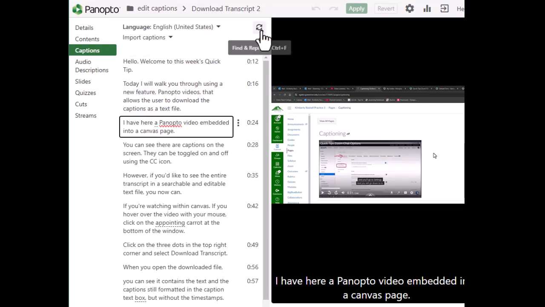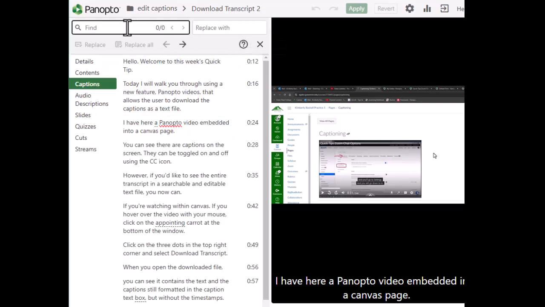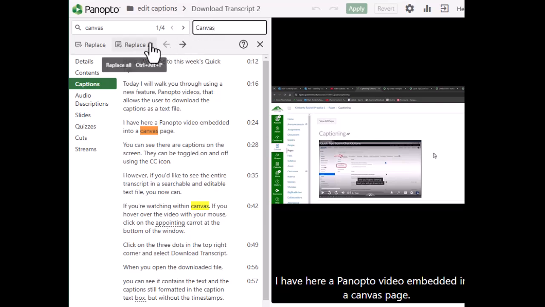And if you want to make something ripple through the document, if you click on that little symbol, you can do a find and replace. So you're going to find everything that's lowercase and replace it with an uppercase, and you can replace all at one time, or you can go case by case by just using the replace button.